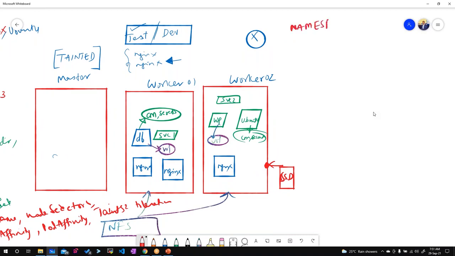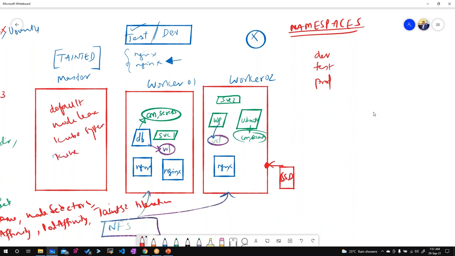These namespaces are different from the namespaces in cgroups. Here we are creating isolated virtual spaces. It is not an environment, and it doesn't have a file system, not that concept. It is a virtual space inside the cluster. I can create namespaces like dev, test, prod. By default the cluster has four namespaces: default, node lease, kube system, and kube public.